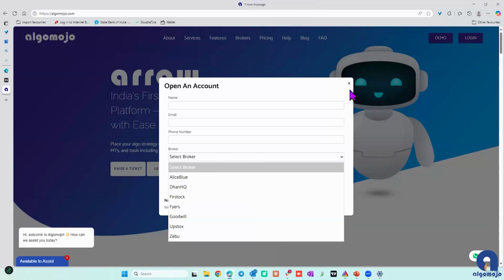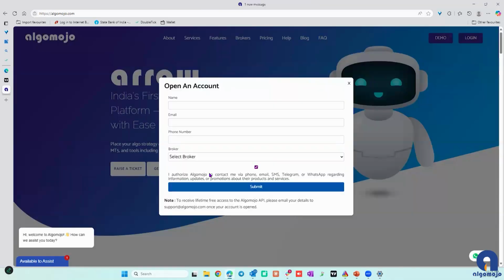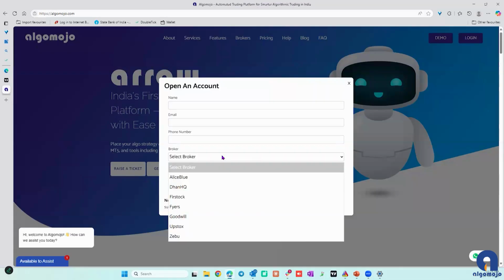Kindly use this facility here in algomojo.com. Click on the open account button, and complete the process of account opening with any of these brokers. Once you get the client ID and the password from the broker, you will be able to avail the